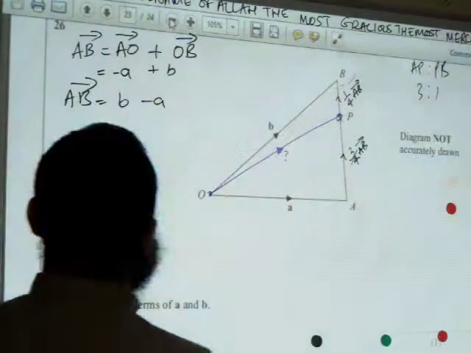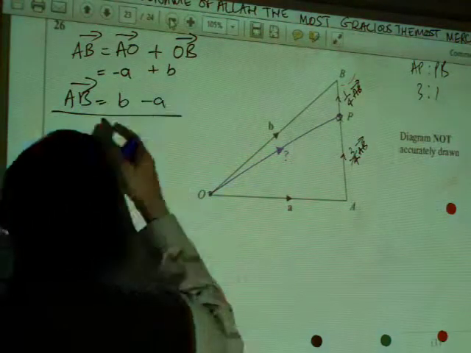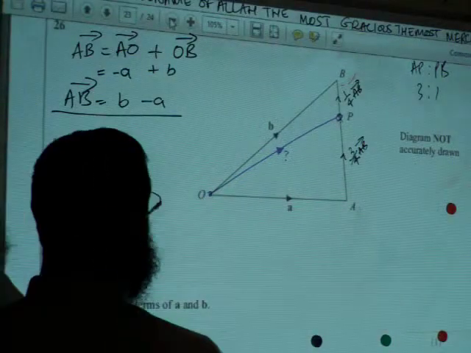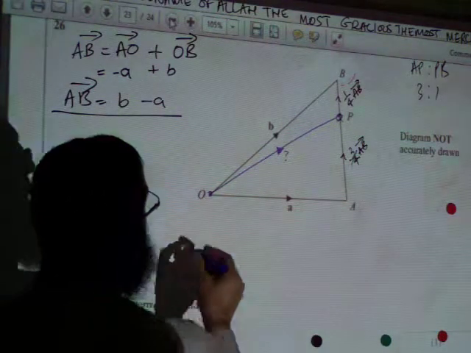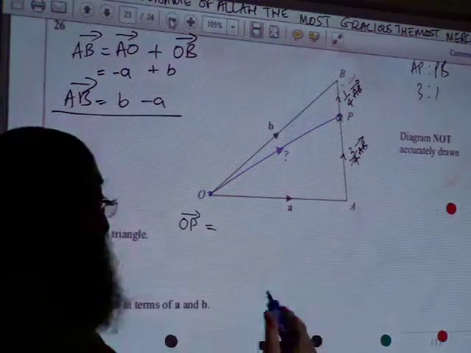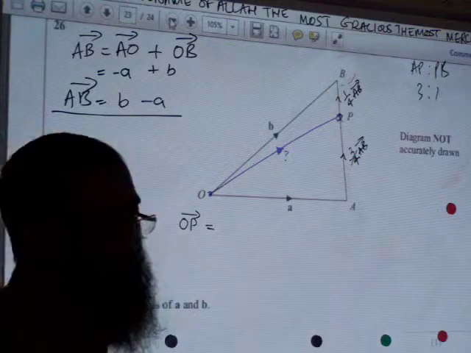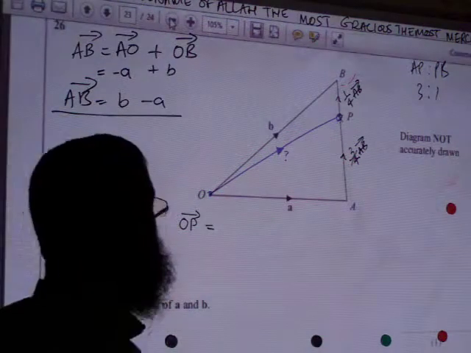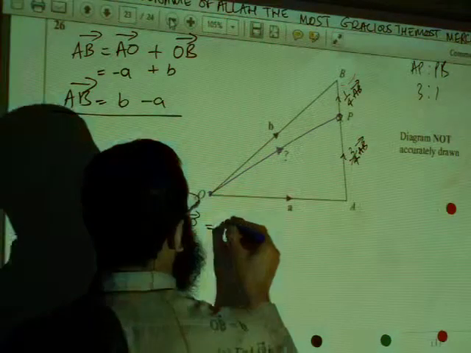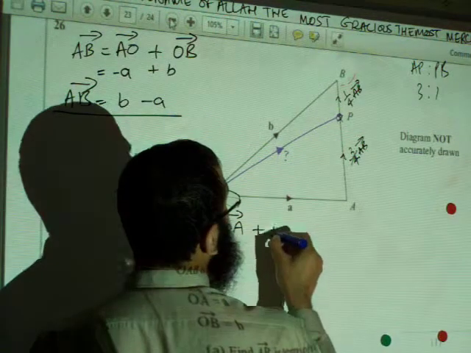So, let's have a look at that. Are you ready? Remember, we'll be reusing this. So let's write down what we're going to do first of all. We are going to go from O to P, and we're going to take the scenic route. Okay, O to P, we're going to go from O to A, and then we're going to go from A